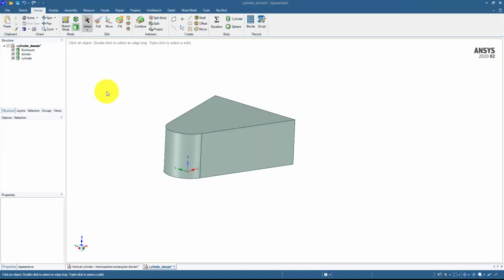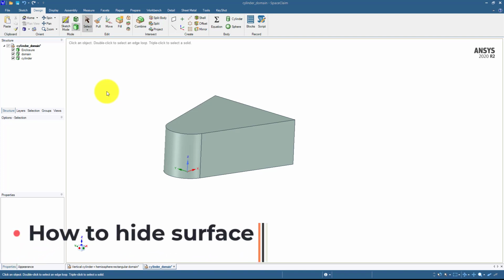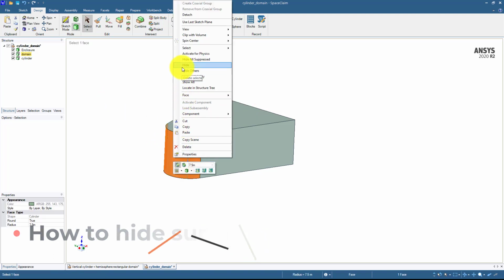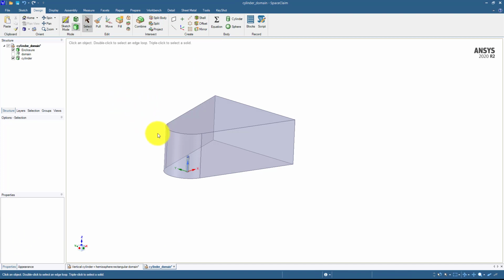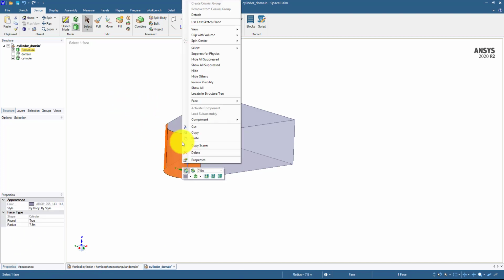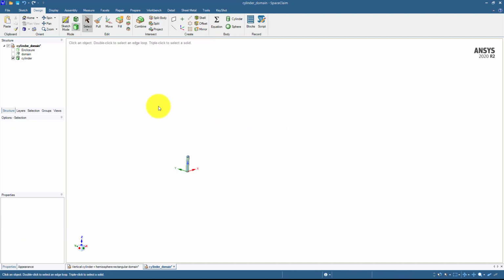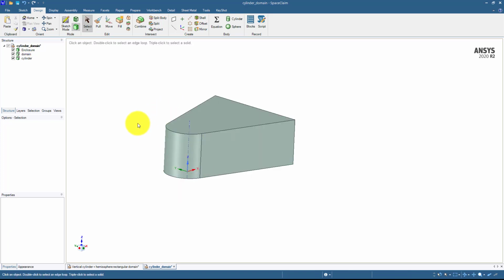In this video, I will discuss two things. The first one is how to hide a particular surface or face in SpaceClaim, because whenever you try to hide any body here, for example, this will hide everything in SpaceClaim. So the question is how to hide only one particular surface or face while the rest of the